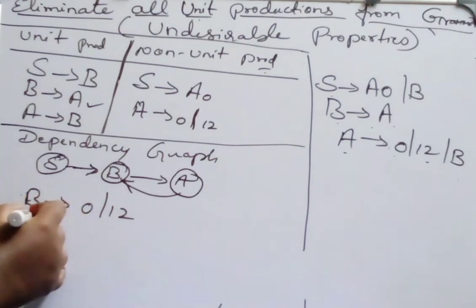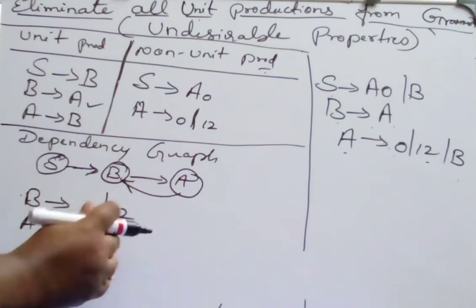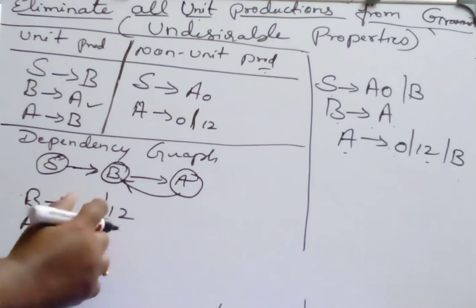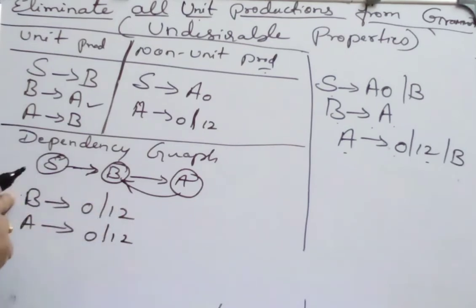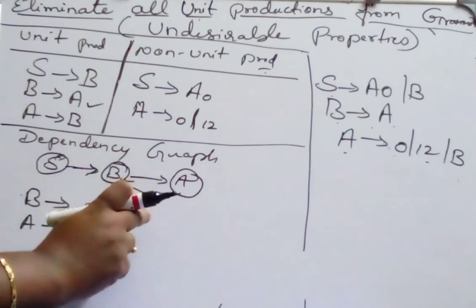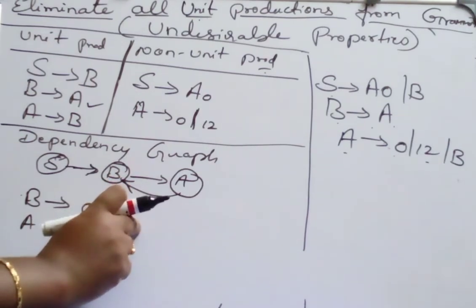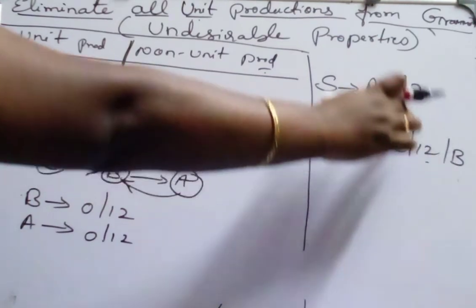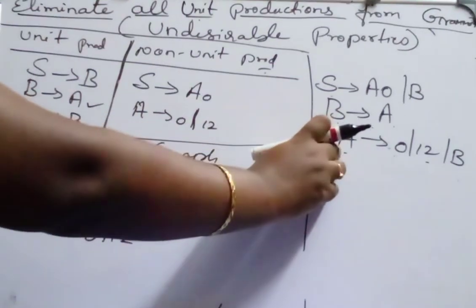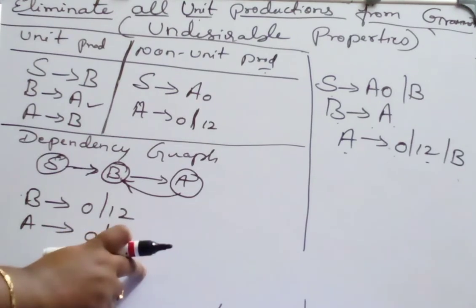Take the next production, A. Since they are dependent on each other, next consider A. A derives 0 or 1, 2 or B. B is already nothing but 1, 2 itself. So B derives A means B can derive 0. If A is substituted by 0, you will get B derives 0 or B derives 1, 2 or B itself. And for A, what can I substitute? A also is nothing but 0 or 1, 2 itself.